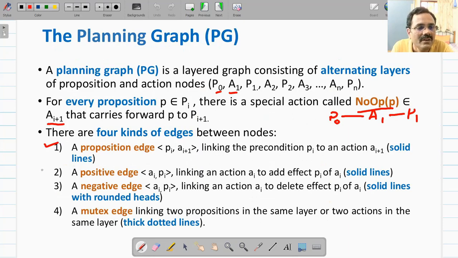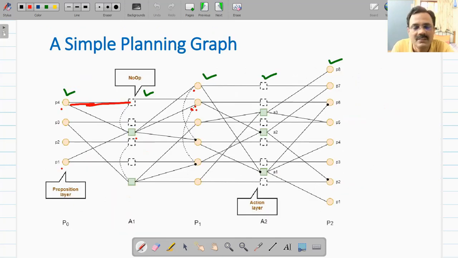Then we have the positive edge from Ai to Pi, linking an action to an add effect of this Ai. That is again represented by a solid line. So corresponding to this, we have an action edge from this action to this prepositional layer P1. That represents the effect of application of this particular action.